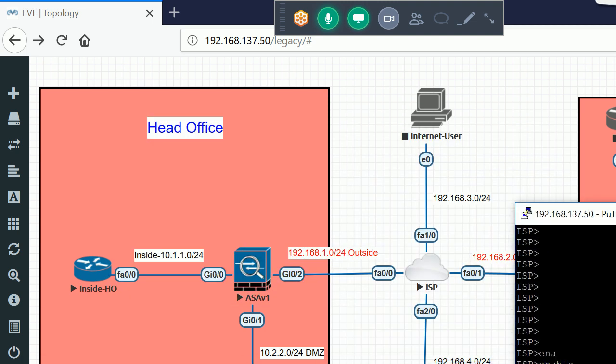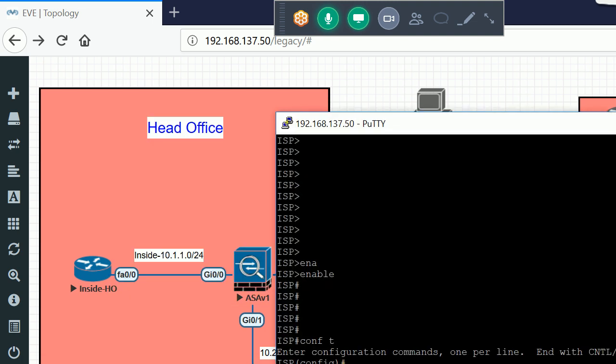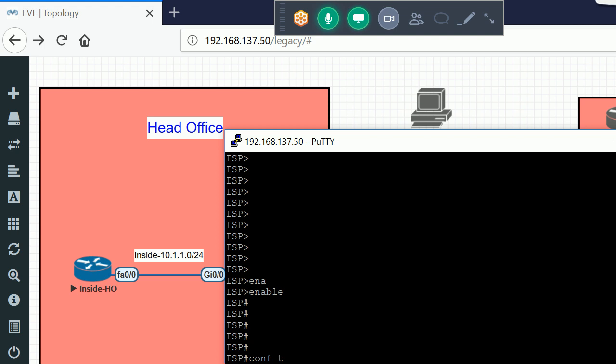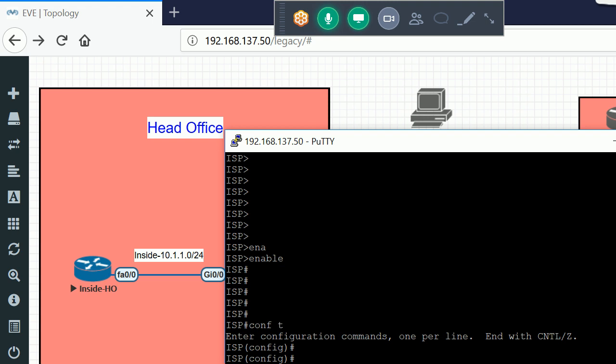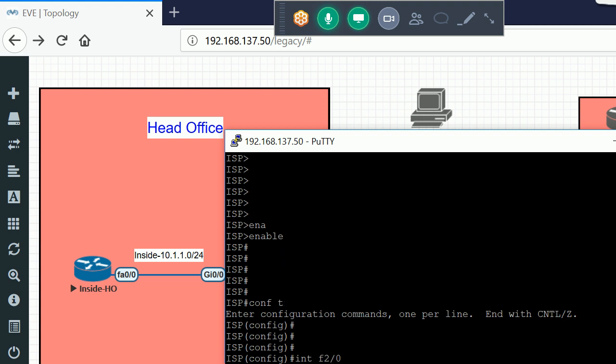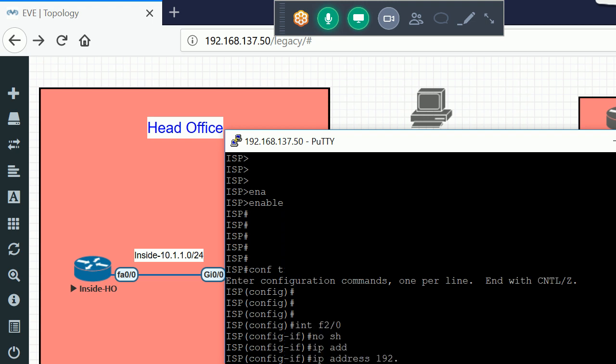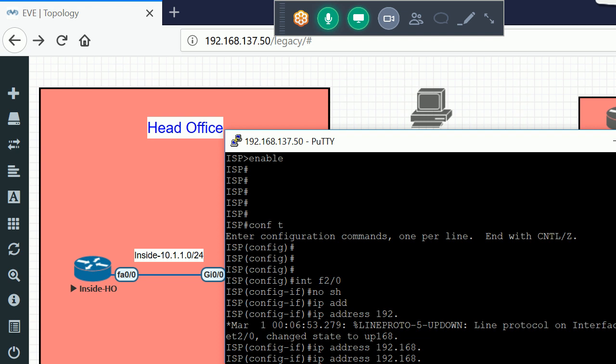This interface is FastEthernet 2/0. Interface F2/0, IP address 192.168.4.1, subnet mask 255.255.255.0.